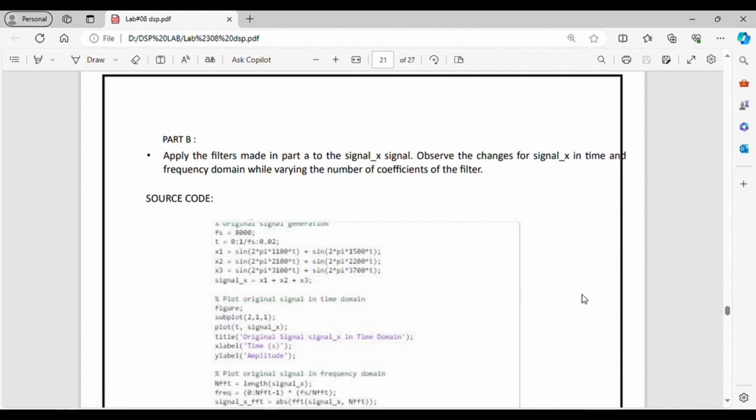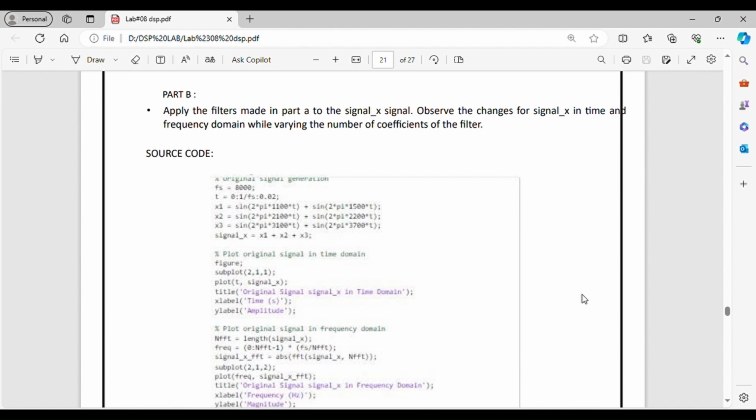In part B, apply the filters made in part A to signal x. Observe the changes of the signal in the time and frequency domain while varying the number of coefficients of the filter. So original signal generation: F s, the sampling frequency, is 8000, the time is 0:1 over the sampling frequency, and x1 is equal to this, x2, x3, and calculate the whole signal,